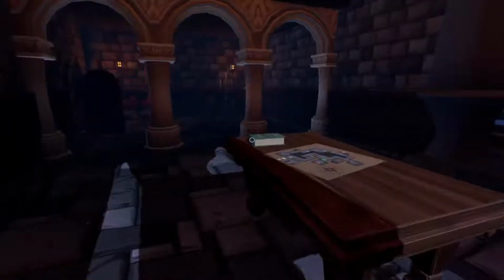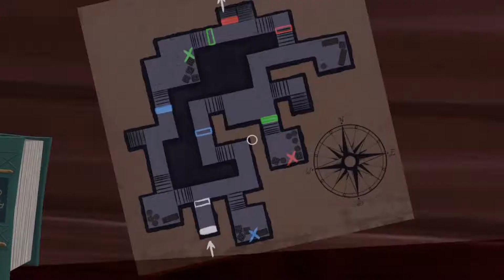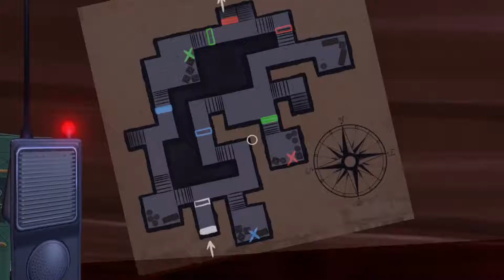Yeah, I think I know what I need to do, but I think the map that you have tells me the order in which I should do it. Yeah, that's what I just said. If you do the blue switch and then the red switch and then the green switch, that's the order. If it's not that order, then you have to do the blue switch, the green switch, and then